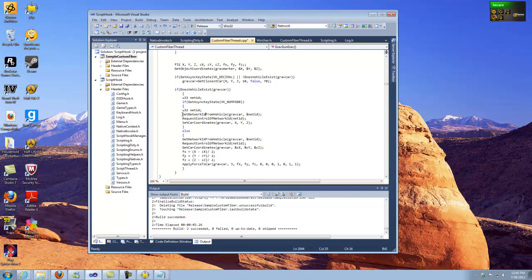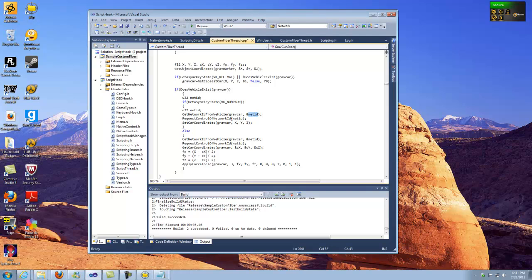This gets the network when you're trying to grab a vehicle in multiplayer. You would want to use GetNetworkIdFromVehicle. This right here is the object for the car. And if you look up here, you'll see that I just grab the closest car that comes within my player's range, and it gets the ID for that by putting it in the net ID. And then once you get this ID, you pass it to RequestControlOfNetwork, and then from there you're